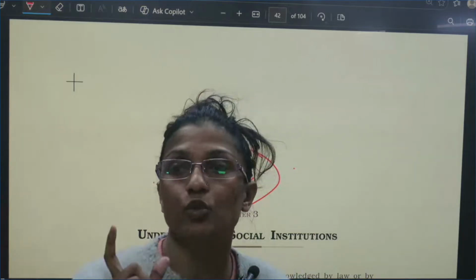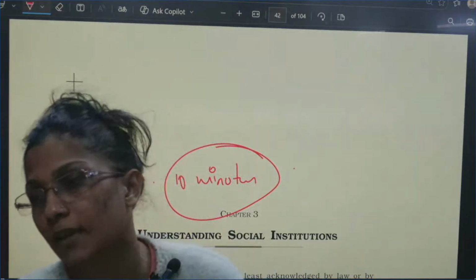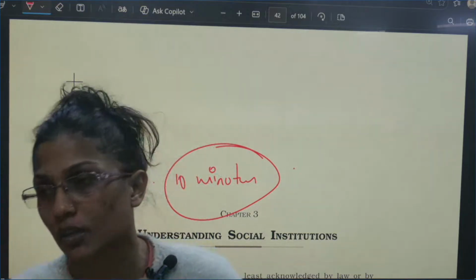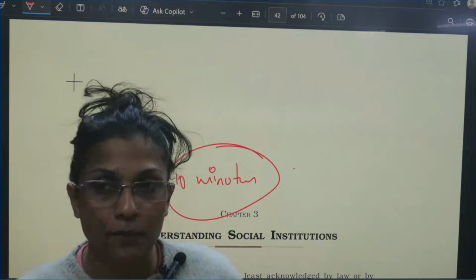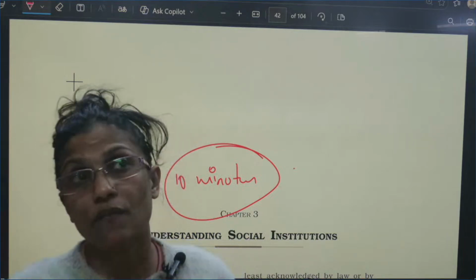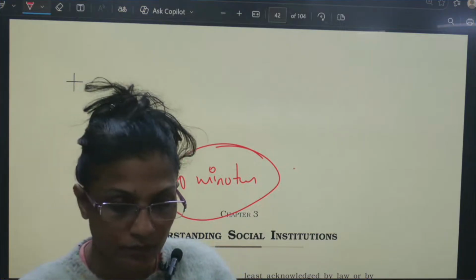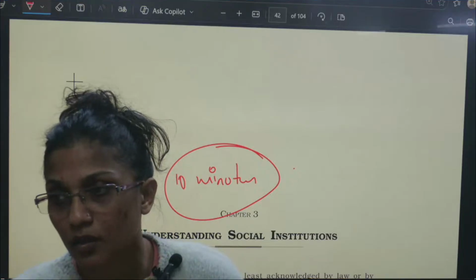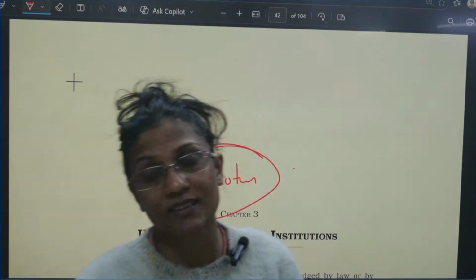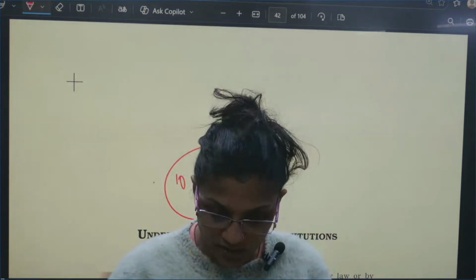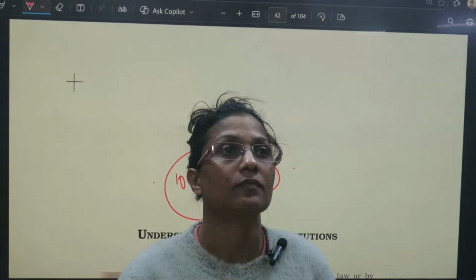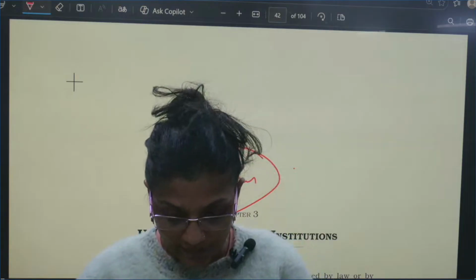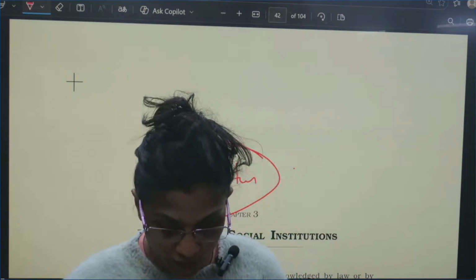But देखो social institution के लिए पूरा एक अलग chapter है NCERT का. इससे आप लोगों को पूरी तरीके से क्लैरिटी आनी चाहिए that though it's a concept, you have a full chapter on it. You have a full chapter on it. So you should be knowing कि social institutions कितना important है sociology के लिए. Just a moment. Okay? Yes. बताइए, कोई भी डाउट है तो प्लीज डू लेट मी नो.